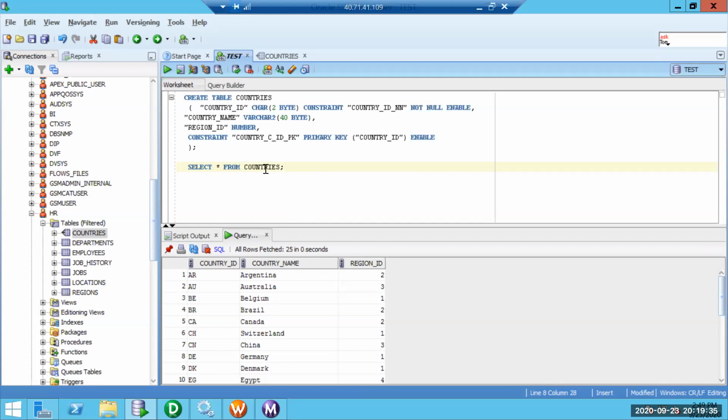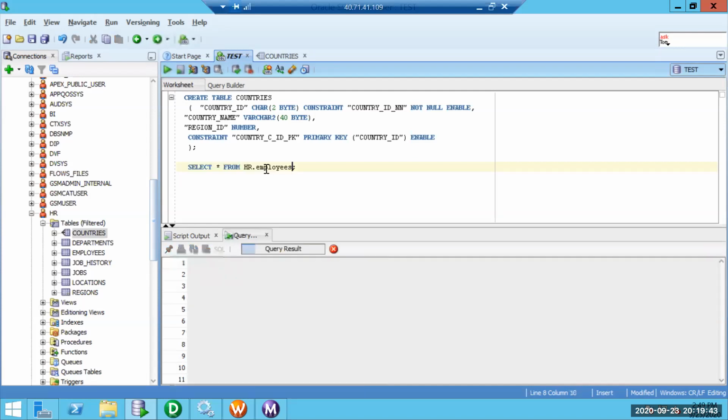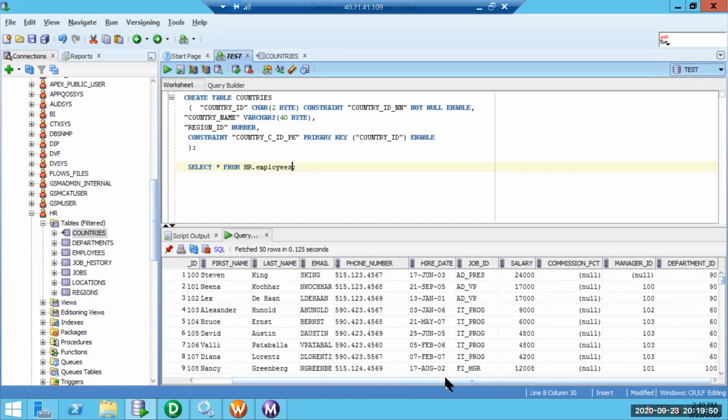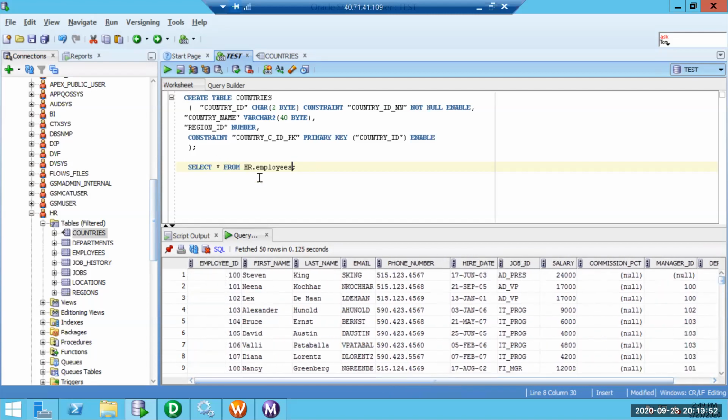Let me see about employees. This is a perfect example of what I can actually do. Let me create the employee table.